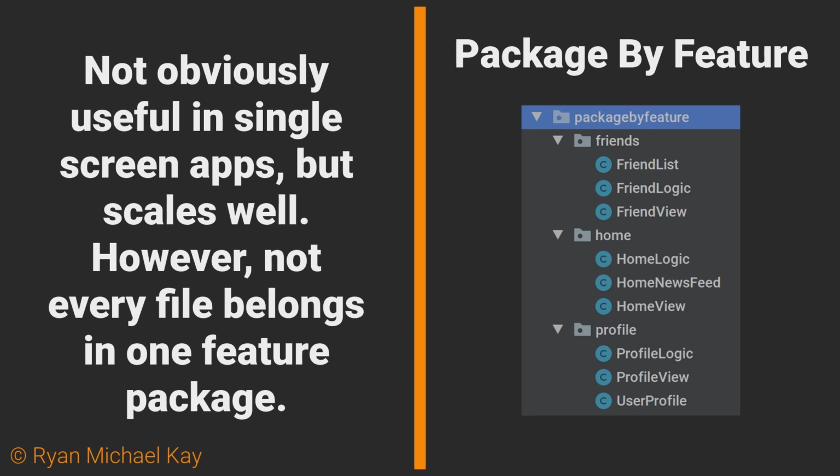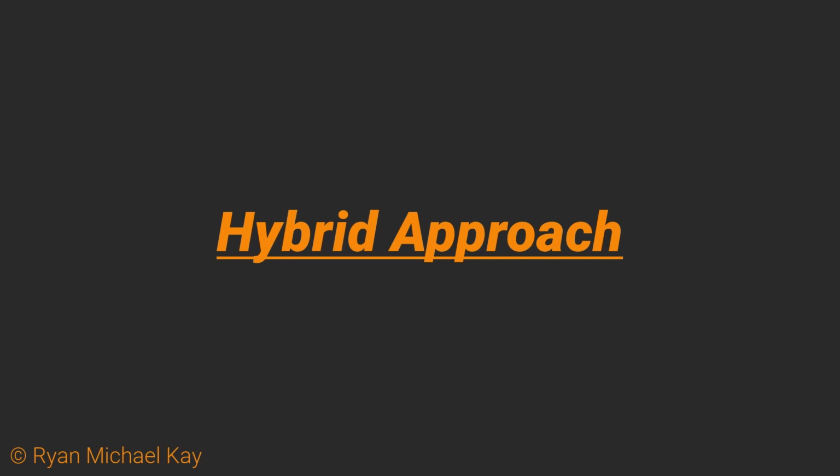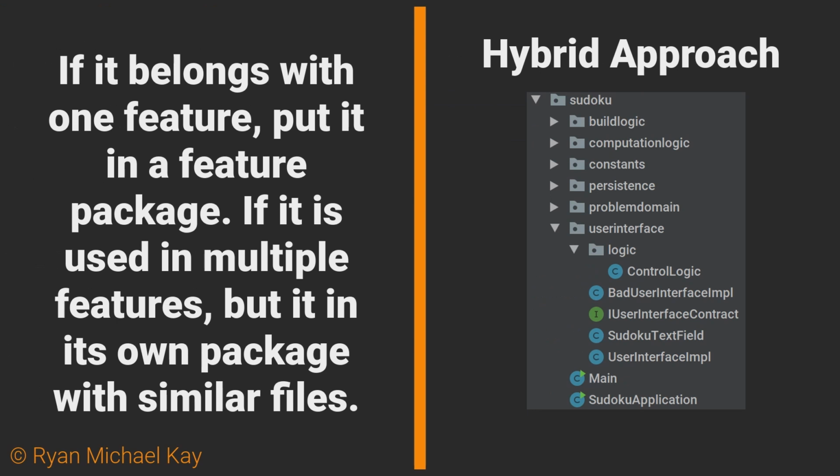Having the same source file in multiple feature packages is a terrible idea, so something needs to be added to this style. Here's a simple way to lay out your source files in packages that will scale to any size of project. Any files which only concern a particular feature should go in a feature level package. Any files which are shared among several features should go in an appropriately named package which sits outside of a particular feature. Do not be afraid to make several packages that sit outside of features if you have lots of shared files that have different concerns.